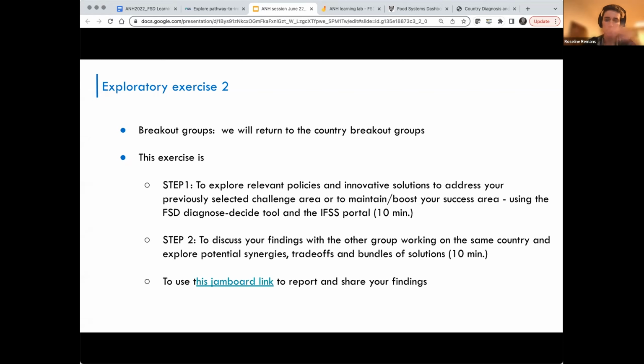The idea then is that we merge the two groups of the two countries, and that you then discuss your findings and see if you have potential synergies, or trade-offs, between the policies and actions that you identified, as well as the challenge and success area, if there's maybe a connection between them. We might have a little bit less time for each of them. And to re-emphasize, this is really an exploratory exercise, to show you what type of discussions it can trigger and what kind of exploratory analysis you can do, combining the Food Systems Dashboard with the